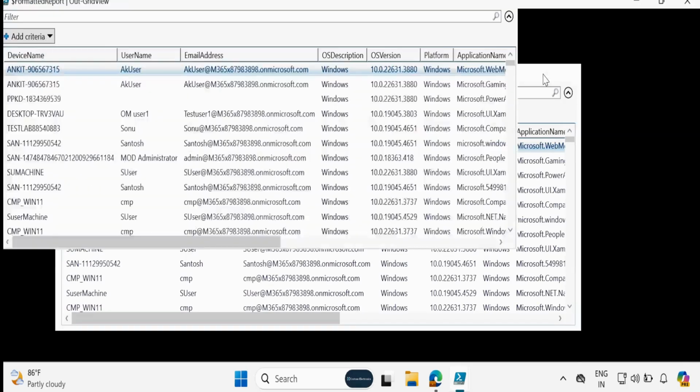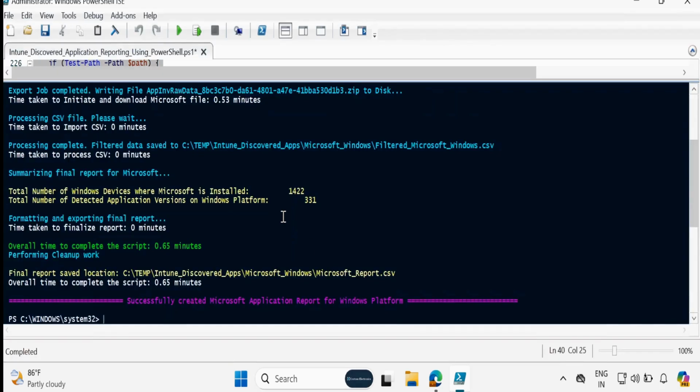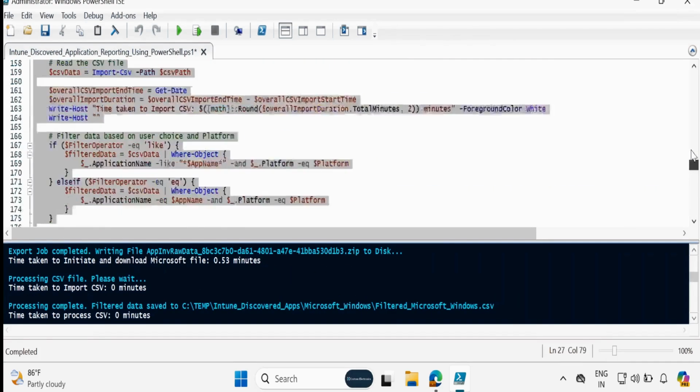Now we can see all the device information where the application name contains Microsoft for the Windows platform, and the total number of devices where the application contains a Microsoft name is 1422, and the different versions are 331. So that's all about the Windows platform.